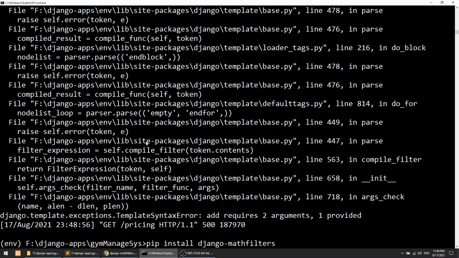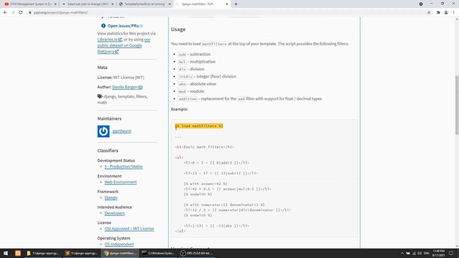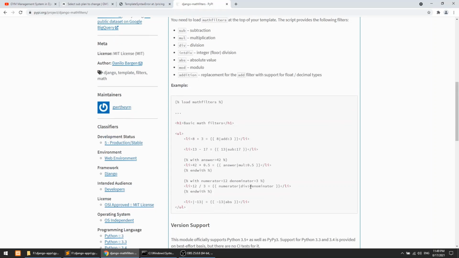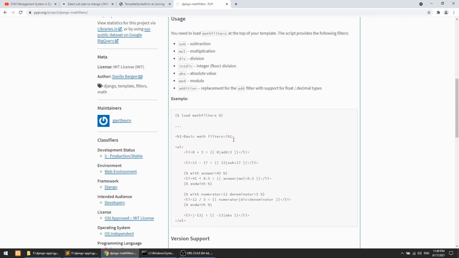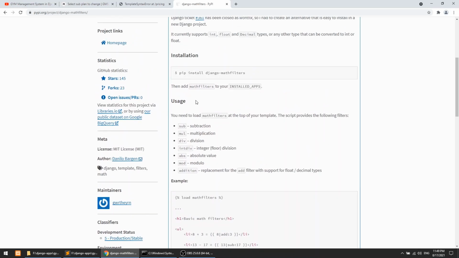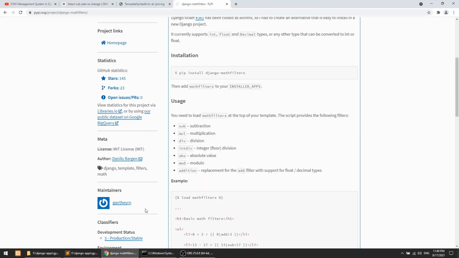So what is the benefit of installing this? We can simply load this filter, and then we can add, subtract, multiply, whatever we want to do with simple things. You can perform any arithmetic. So the first thing, we need to install this. It has been installed, and we need to